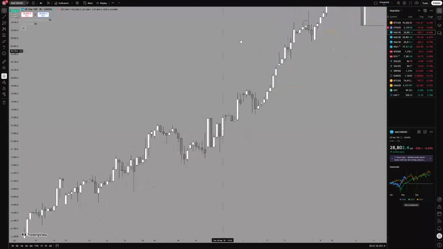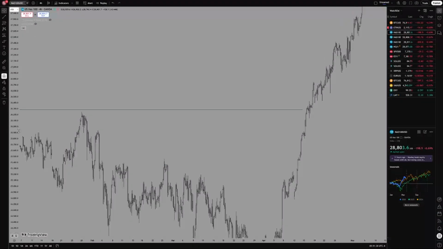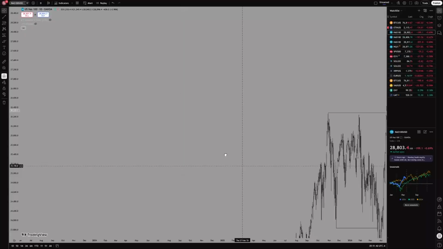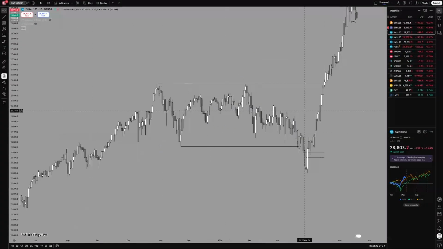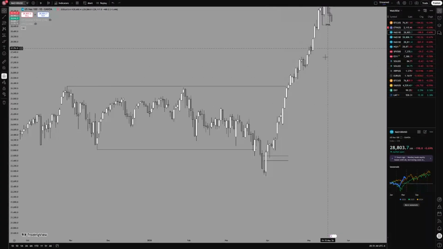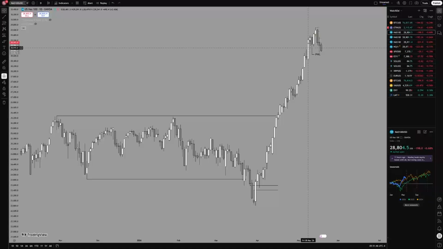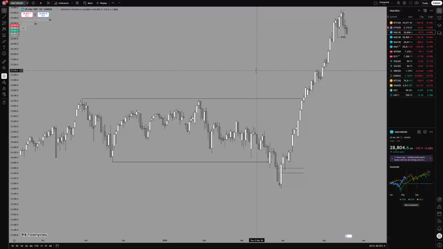And if we go back here also, you can see the same pattern happen down here. Now, I wasn't on charts until around this level because of an internet connection outage, but it's very clear what price wanted to do here. 2 draws on liquidity left,